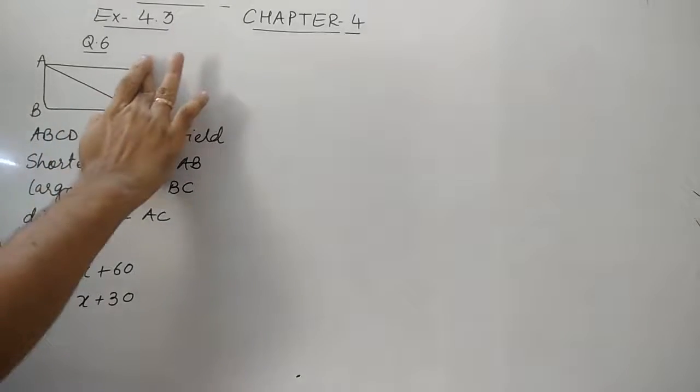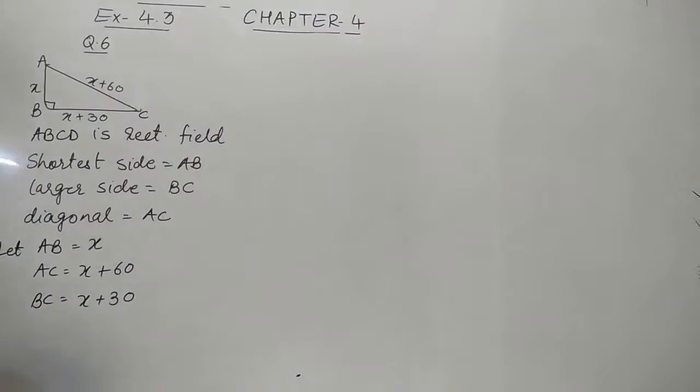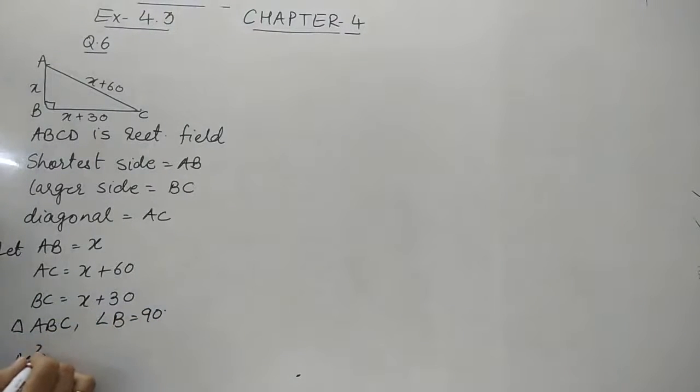Now look here, if I erase this. You can see that ABC is a triangle and it is a right angle triangle. In a right angle triangle, we have the lengths of all three sides in the form of x. There is no other relation given to form the equation. But as we know, if it is about the sides of a right angle triangle, we can use Pythagoras. So we can say that in triangle ABC, angle B is a right angle. So using Pythagoras, the square of the hypotenuse equals the sum of the squares of the other two sides. We have used Pythagoras.